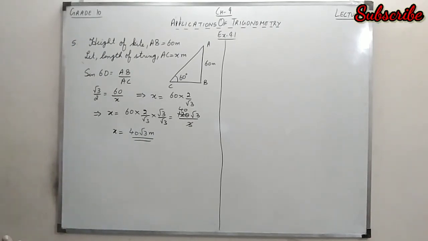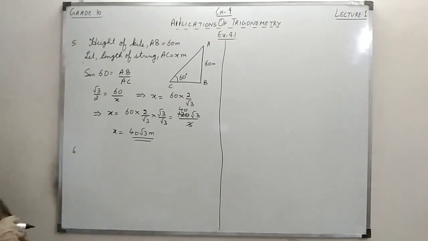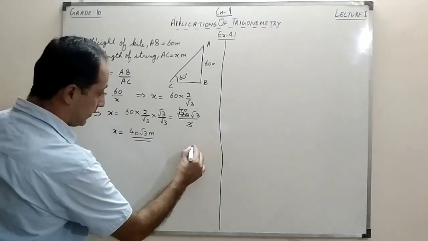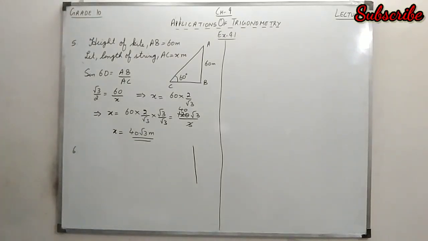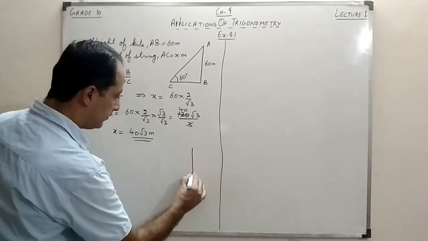Now the level of difficulty for the questions will be increasing. As we see in the sixth question, it is given that there is a 1.5 meter tall boy. So we make something which is in front of the tall boy, right? So what is given? A 1.5 meter tall boy is standing at some distance from a 30 meter tall building. So there is a building, 30 meter tall building,